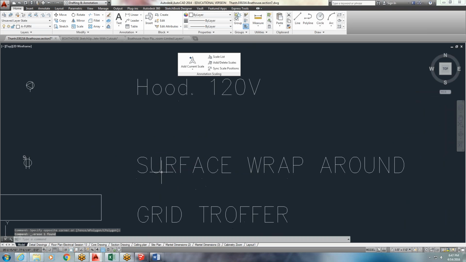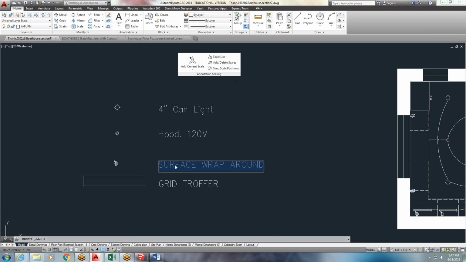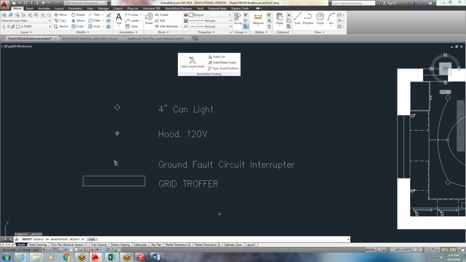And then this is my ground fault circuit interrupter. So I'd say ground fault circuit interrupter. Oh, and I spelled interrupter wrong. Thank you, Autocad. And then I'll come through and this is where you'd make up your fancy specific name